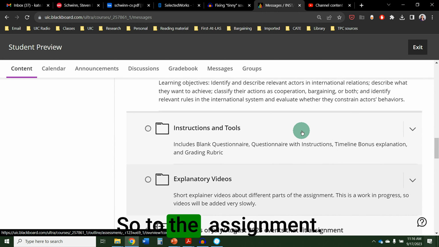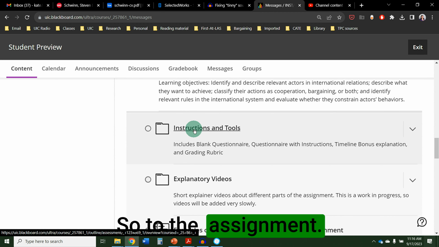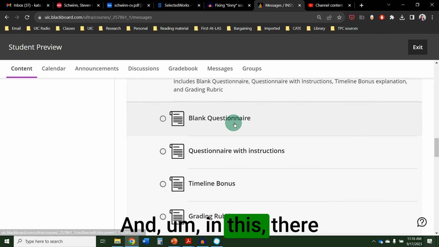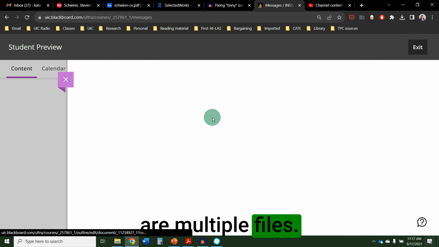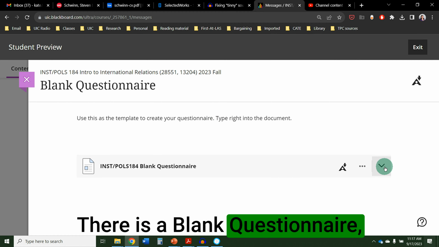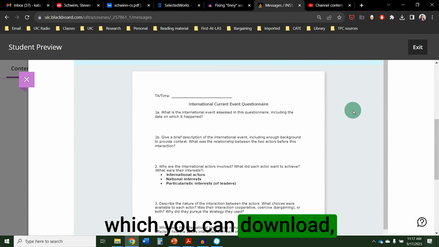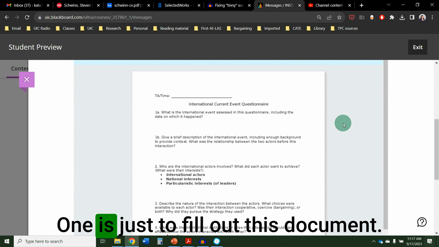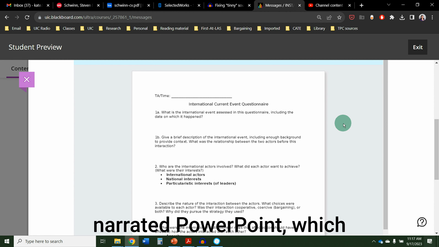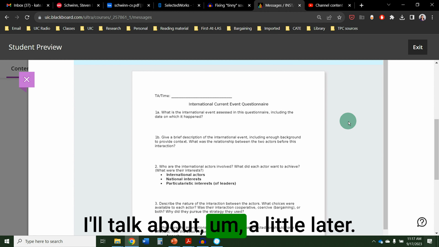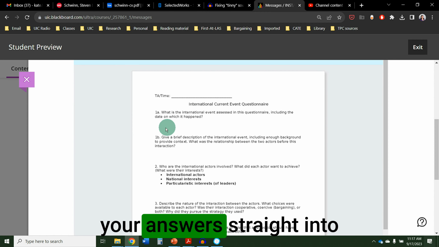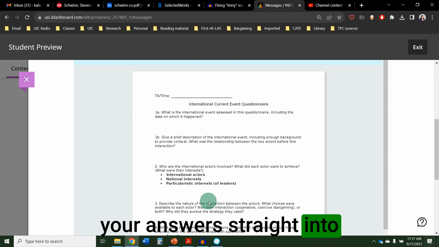So to the assignment, let's go to instruction and tools. In this, there are multiple files. There is a blank questionnaire, which you can download, and there are two options for submitting this assignment. One is just to fill out this document, and the other is to do a narrated PowerPoint, which I'll talk about a little later. So you can download this document and then just type your answers straight into each of